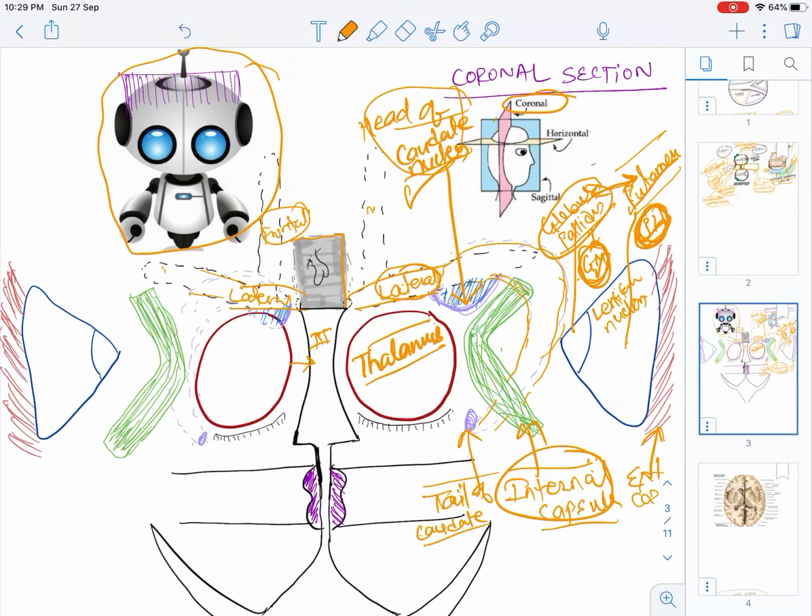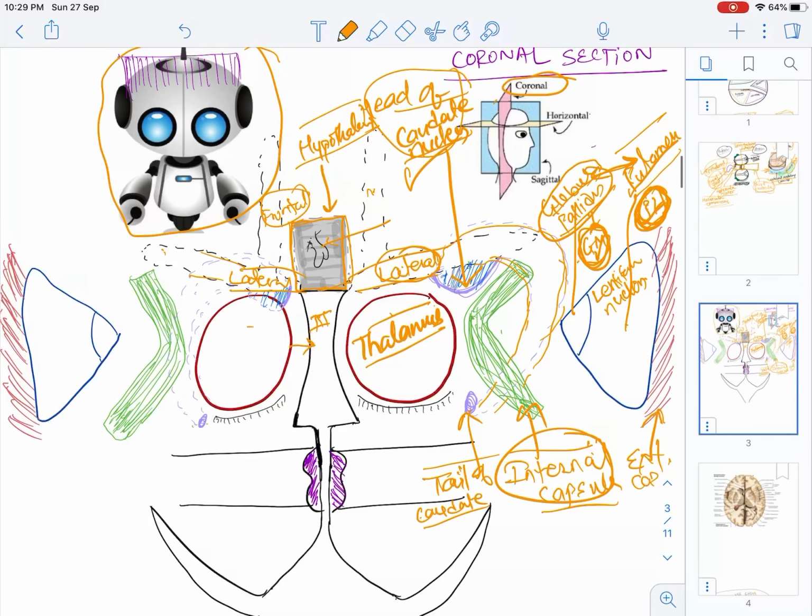Now this structure which I have shown in gray color is the hypothalamus. Now you can imagine where the hypothalamus is. As I told you, it is a little bit anterior to the thalami. So these are two thalami and this is the hypothalamus, and below the hypothalamus there is the tuber cinereum from which the pituitary gland arises, which I have shown in this figure. So this is a compact structure of the relations of the thalamus that we should know, because whenever there is a tumor growing or whenever there is ischemia, all of the nearby structures are affected, so you should know the close relations.